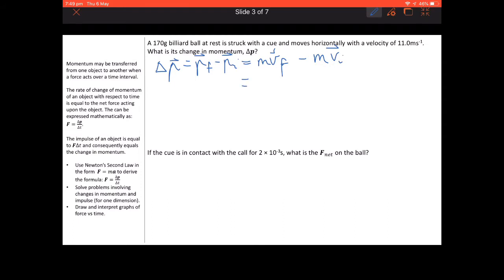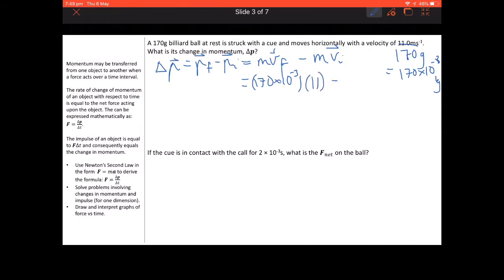So 170 grams is equal to 170 by 10 to the negative 3 kilograms, which is the unit of mass that we use in physics, and we use 11 meters per second, so that's all good. So I'll put in the mass first, 170 by 10 to the negative 3 times the final velocity is 11 meters per